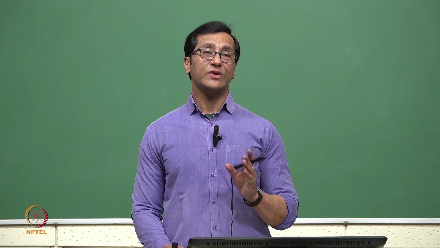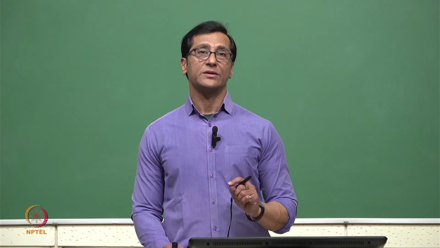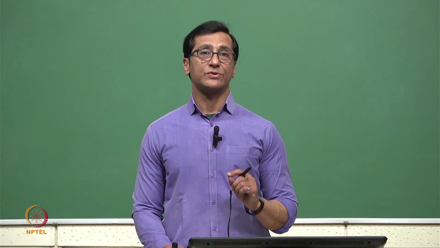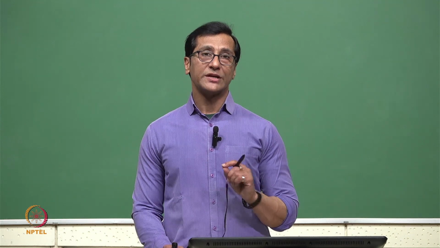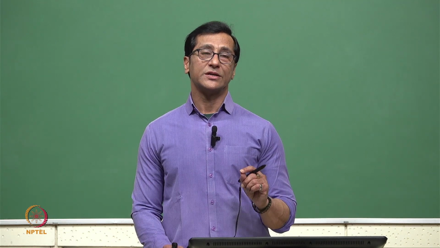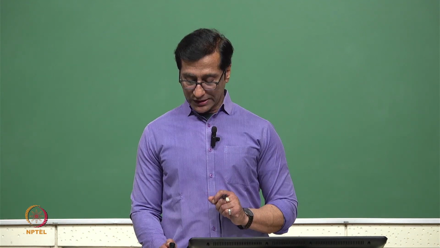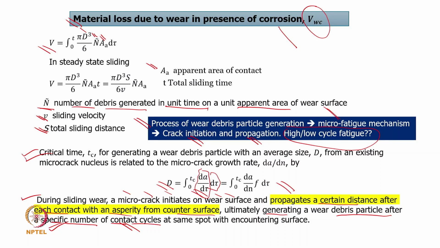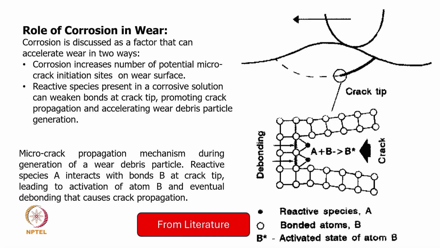So corrosion will help, provided there is some oxide layer which is not easily penetrable and remains adhered to the surface, and that will reduce the wear and also reduce the corrosion. Now, this mechanism has been explained, and we are again picking it up from the literature. It has been shown here. There is a crack, the crack tip has been shown in this manner, and then there is a reagent, or maybe say it is acting as a catalyst kind of thing,